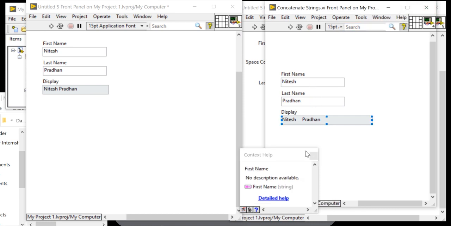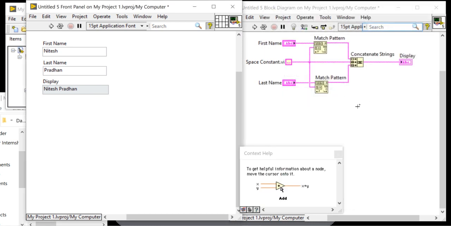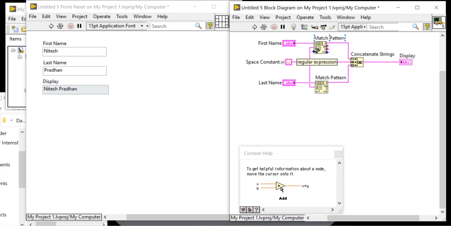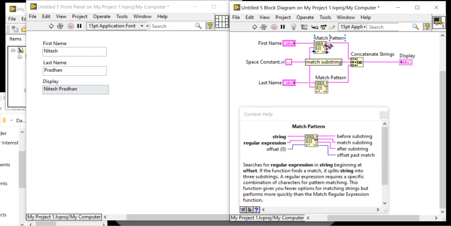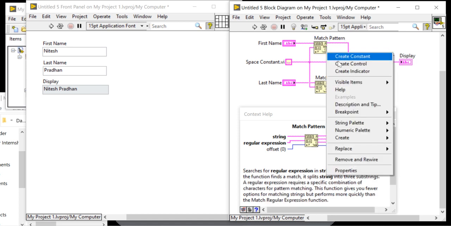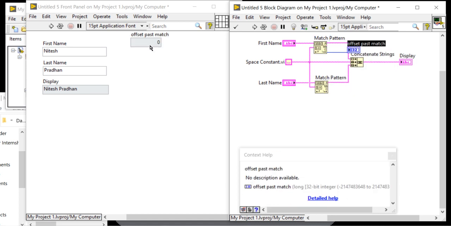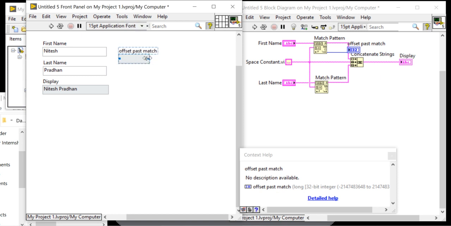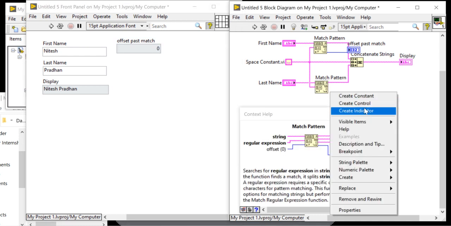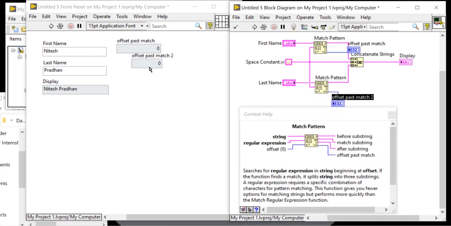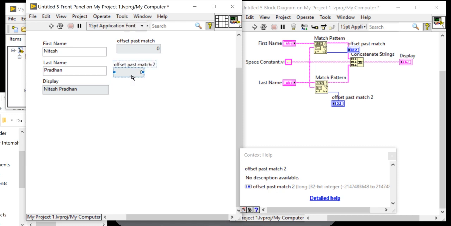So to find where that space is present, I am using the match pattern. This offset will give me that information, where the space is present after the last name.